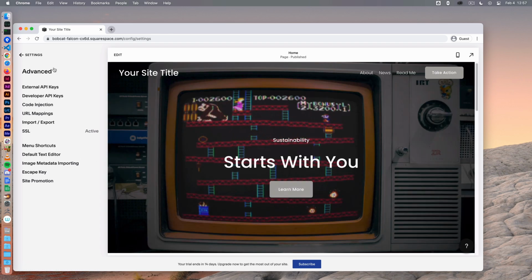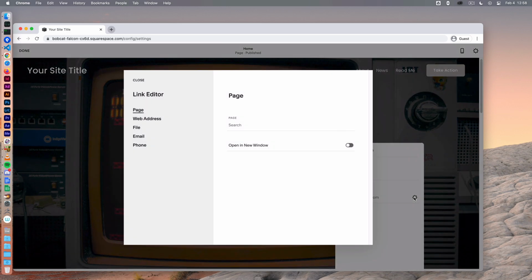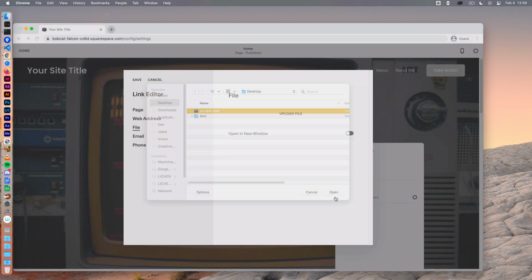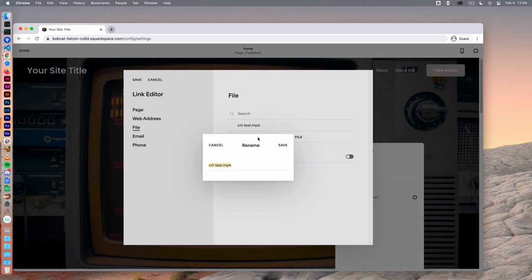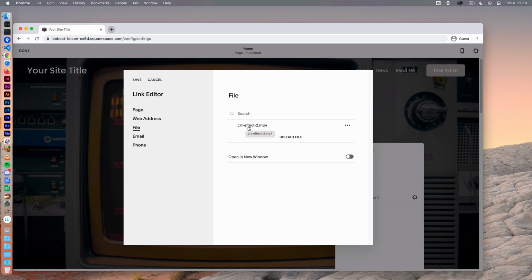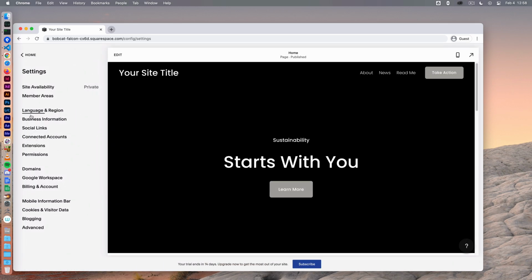And if you ever want to change that video, all you got to do is edit, go to any button, hit the edit button on there, its settings cog, go to file, upload a new file. So if we were to, for instance, want to switch this out with a new version, we could delete it, upload the new version, hit open, and whatever the name of the file is shows here, and you can rename it. So you could rename this CRT-effect-2. Let's say that's our new version. Now just remember CRT-effect-2.mp4, whatever you're naming your file, hit save, exit out of that, hit done,